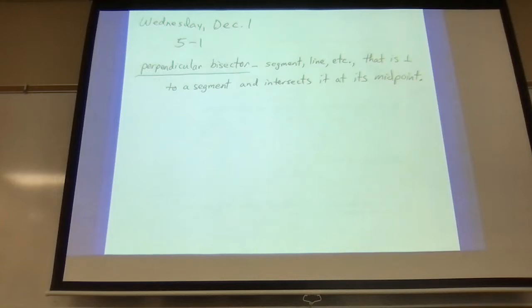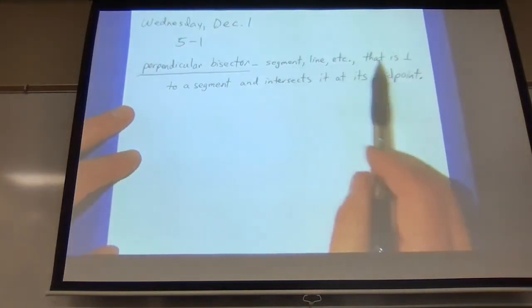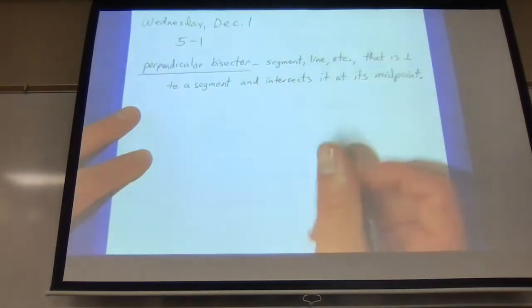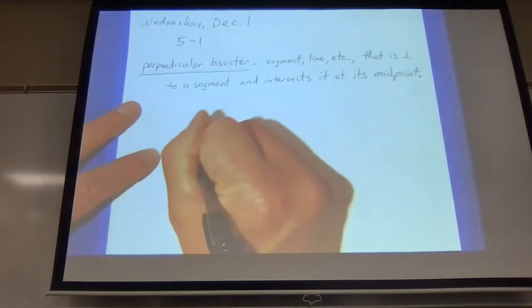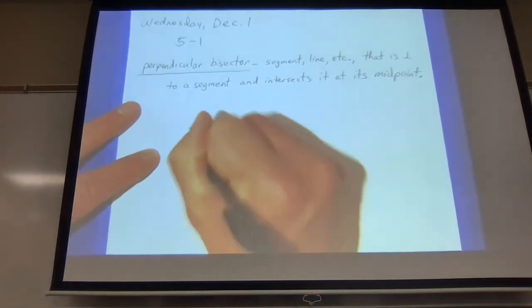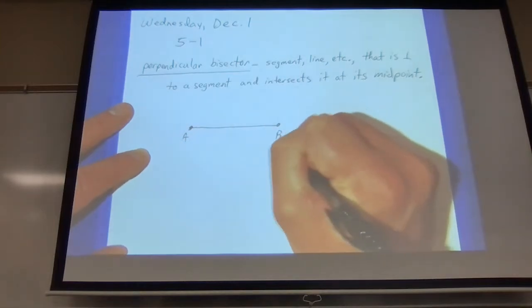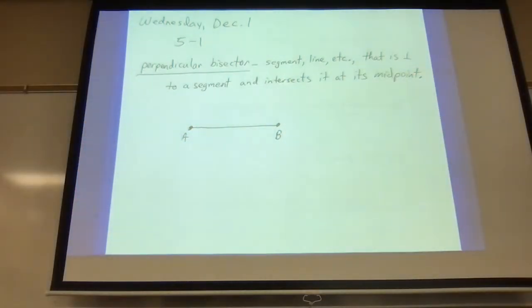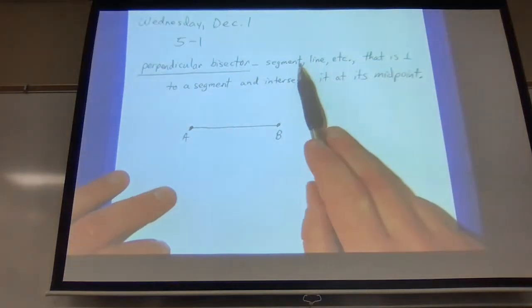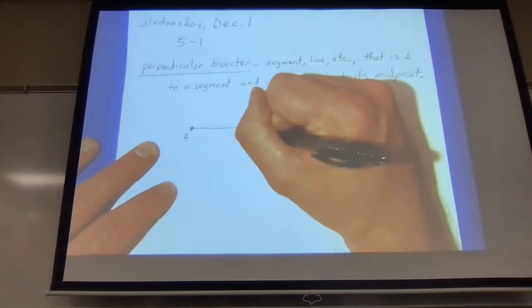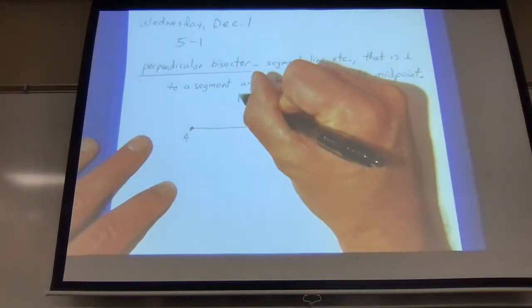Let's draw a picture of what that's going to look like. You're going to have a segment, line, or something like that that's going to be perpendicular to a segment and intersects it at its midpoint. So let's start with a segment. I'm going to call the segment AB. This is going to be the segment that gets cut in half. So what we need is another line, segment, ray, something like that. I'm going to do a line. We're going to have a line that's going to intersect this one. And when it comes down here through this segment,